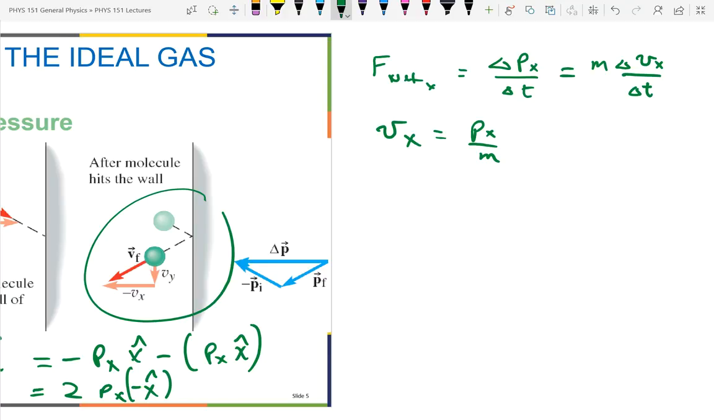And instead of talking about what's the force during the collision, I'm going to say, what's the average force caused by this particle on the wall? Because this particle, if it's in a box, it's going to come hit the wall, bounce around, come back, hit the wall, bounce around, come back, hit the wall. And so what I'm going to do is say the net force in the x direction average is equal to mass